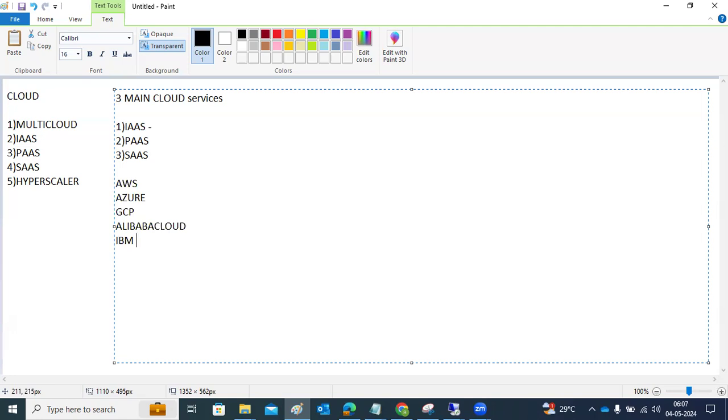They will provide the infrastructure and they will manage the infrastructure. So they allow us to focus on building and tuning our applications. We are just taking the rent, while the data and application maintenance come under our responsibility. That is IaaS, infrastructure as a service.